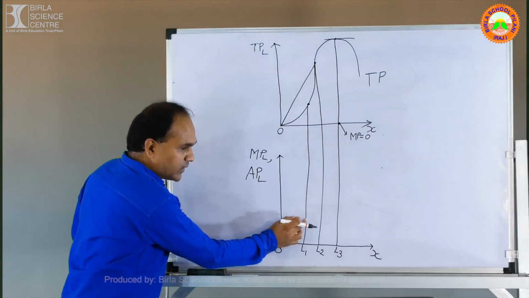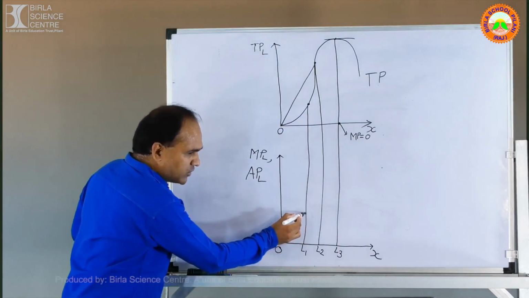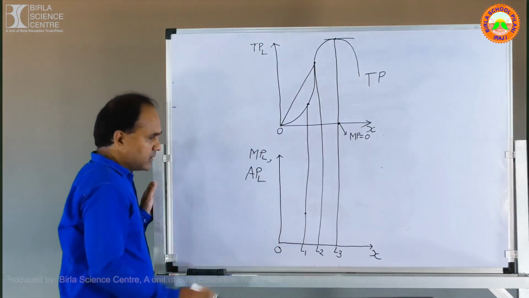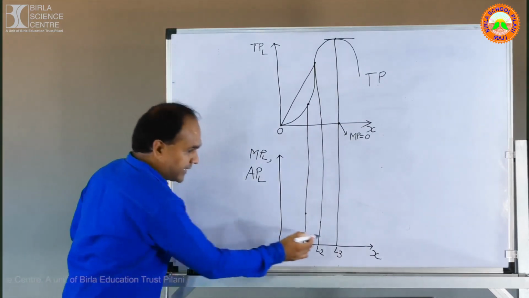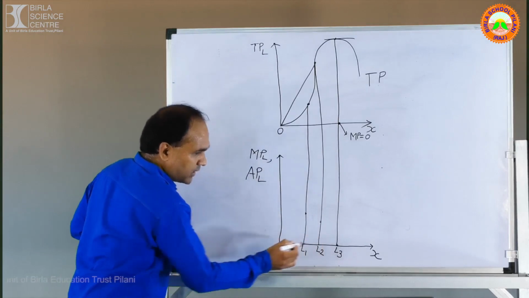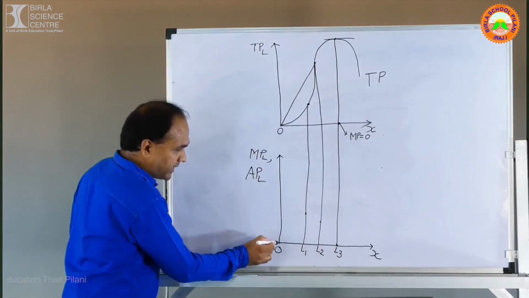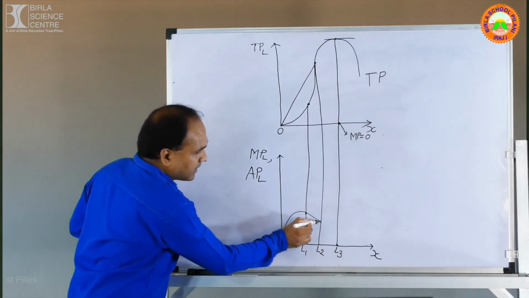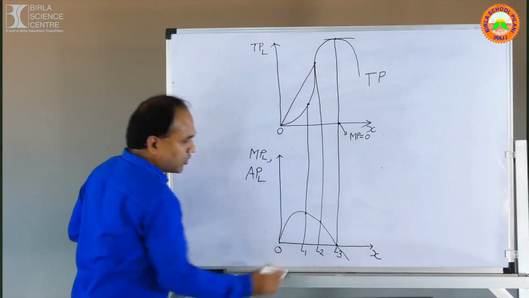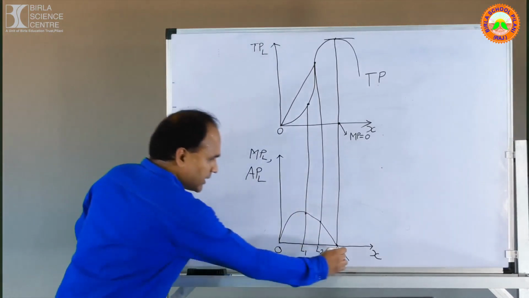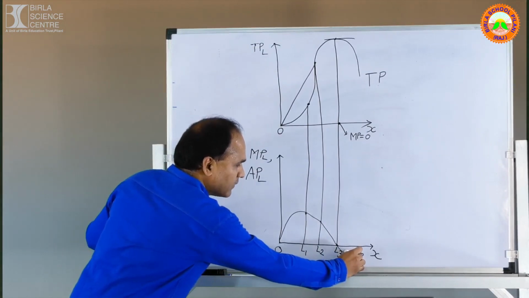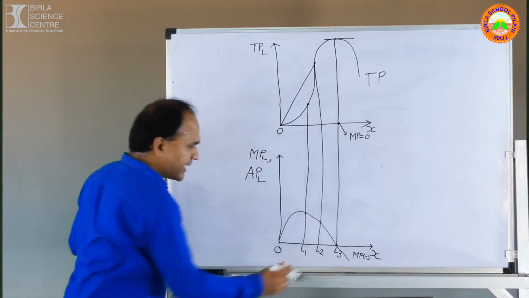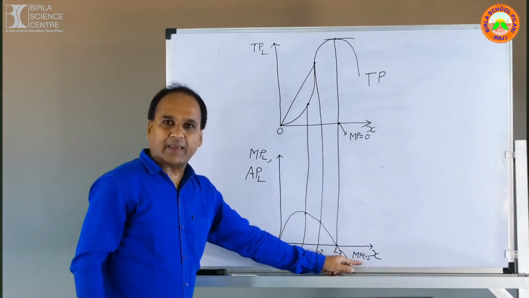Now again come back. Again there are 3 lines. 1, 2, 3. Here on the first line you put a small dot. Second line again you put a small dot. Again on the third line here you put a small dot. And you join all the 3 dots from here. Again just see. Okay? This is coming down. You write here MP equals to negative. Okay? Just below this you have to write MP equals to negative.